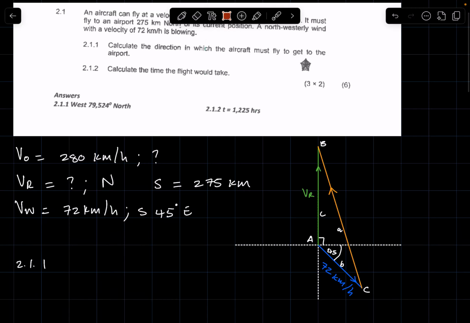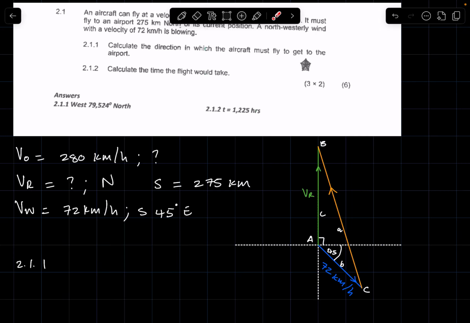Now remember here that even if you didn't know that the direction they're looking for is for VO, you already have the direction of VW and you have the direction of VR. So the only direction you do not have is the direction of VO. But again, just using your intuition here, also what you've learned before landing on this video,